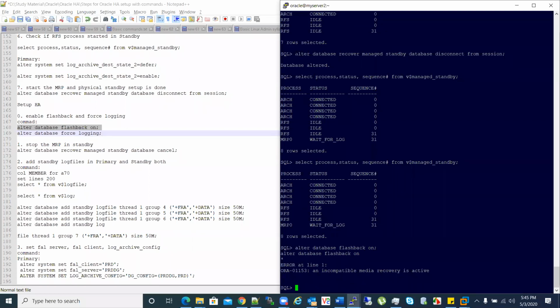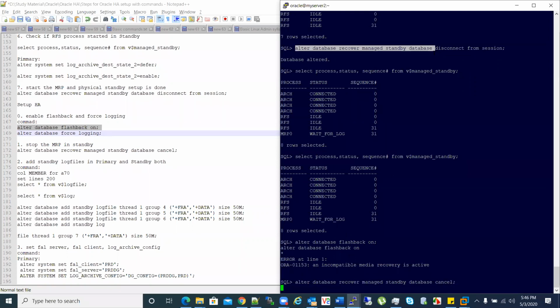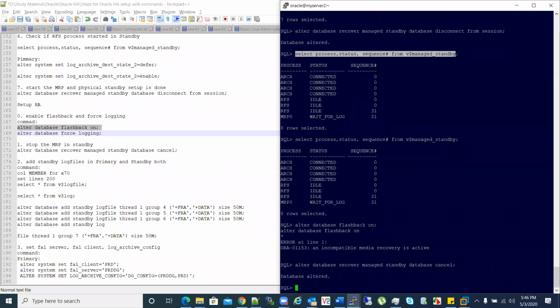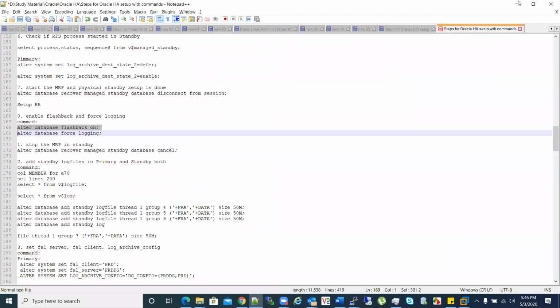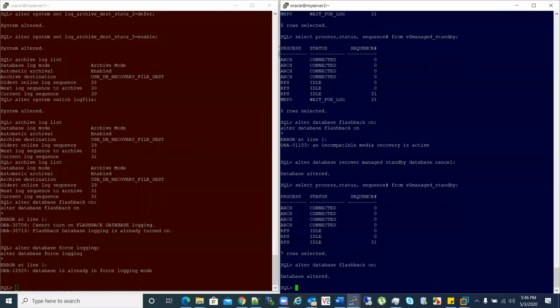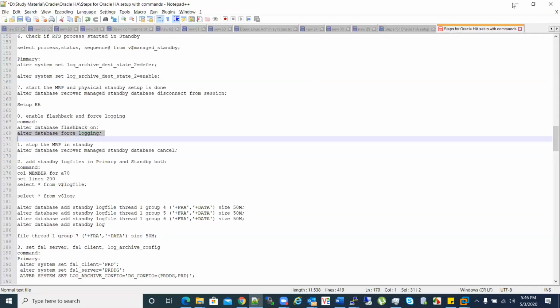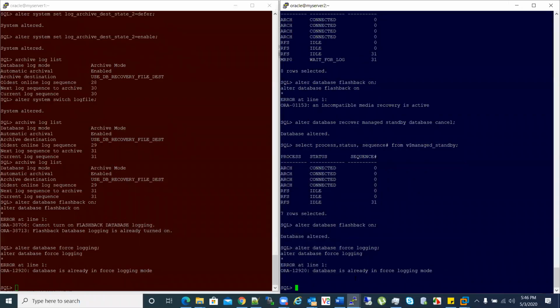Since I already started the MRP, it will not allow me to enable flashback, so I will stop the MRP. Now MRP is gone. I paste it again, flashback is on, and force logging says the database is already in force logging, so that's fine.